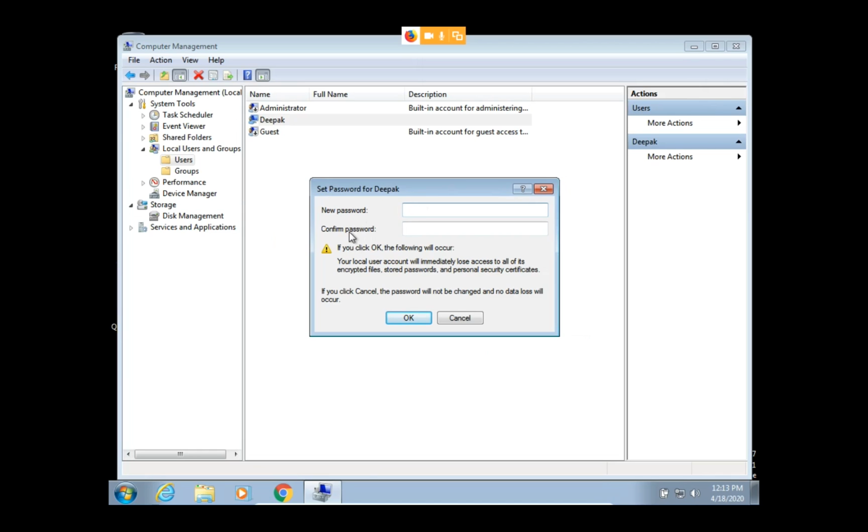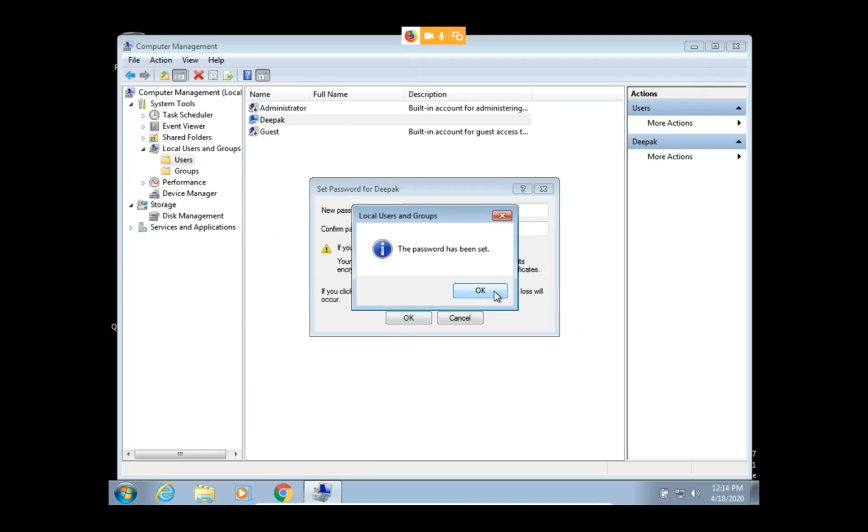So I am using here 1 2 3 4. It is not asking me for the old password, it is only asking me for new password and confirm password. So you can change this password, and after that hit OK, and here the password has been set.